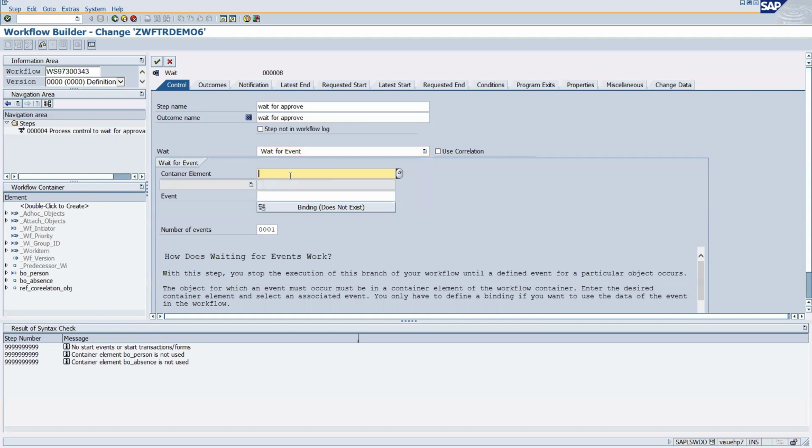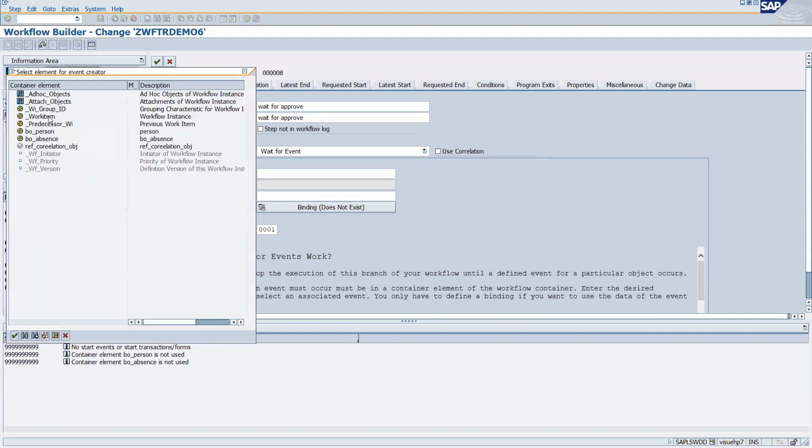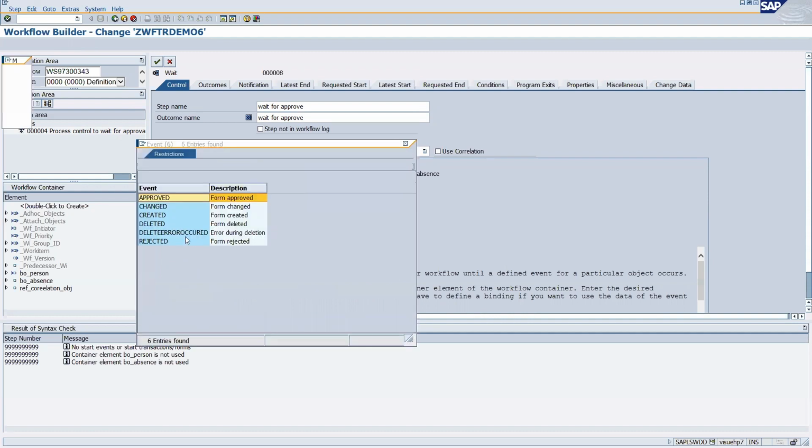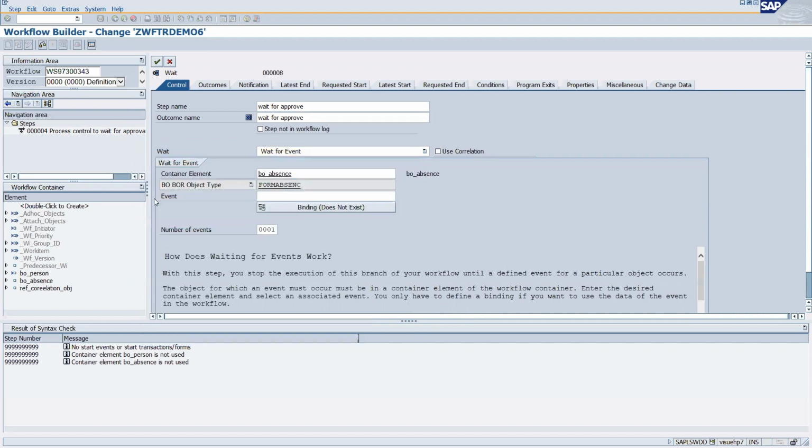This container element is nothing but your BO options. Okay, so select this BO options, and the event which you will have to choose is approved event. Okay, and once you choose, click on this binding,